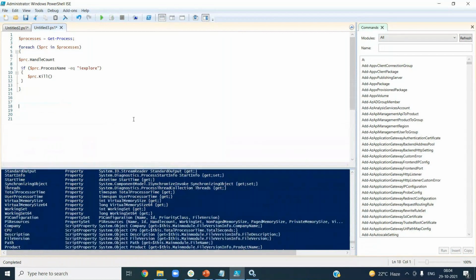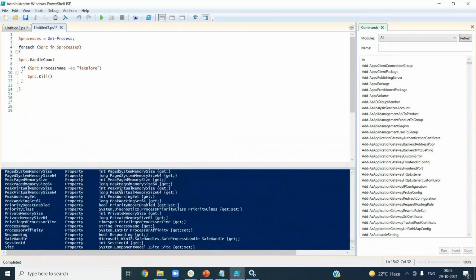When you write a few more scripts, I will show you complex scripts. That's where you see the power of all these techniques. Many of the times people don't know what properties and methods are available on a certain command, and that's the reason they struggle. Now if you know, you can go through all these things, and if you don't know how to use it, then you can Google it. That will help you a lot. Otherwise, most of the times people spend a lot of time Googling. Google will give you all the results, but if you know the exact keyword or exact thing you are looking for, it will become easier for you.